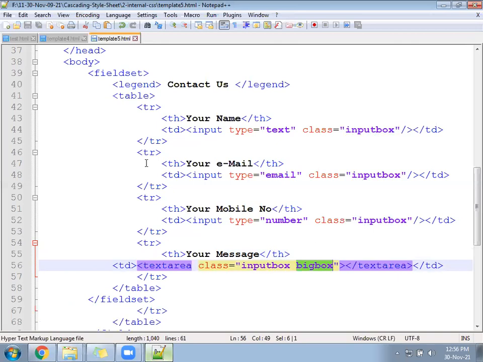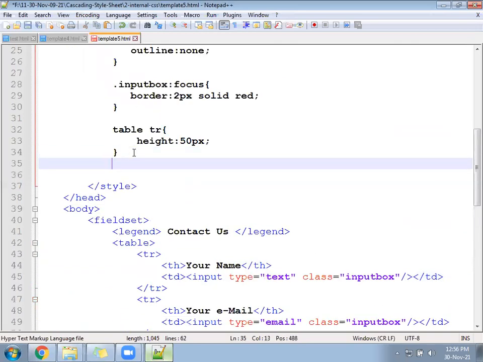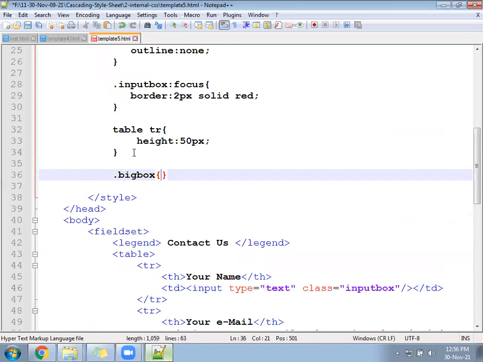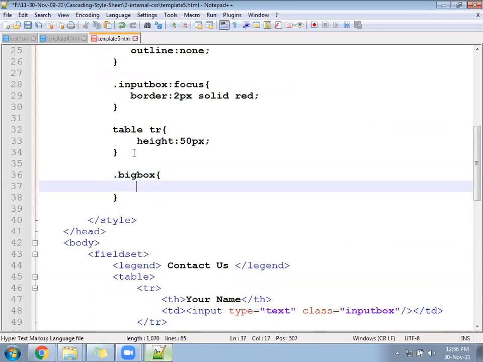Big box class. What is the height in that? We wrote the height as 70 px. Check now. The height will come from the big box, width will come from the input box. Effect will come from the input box, only height will be maintained by big box. Not working? Working. Looks a little idle.